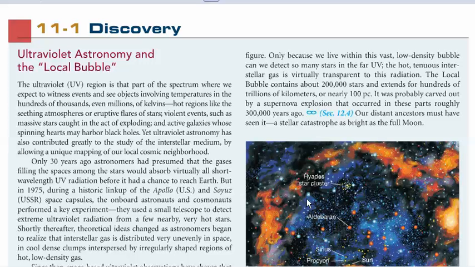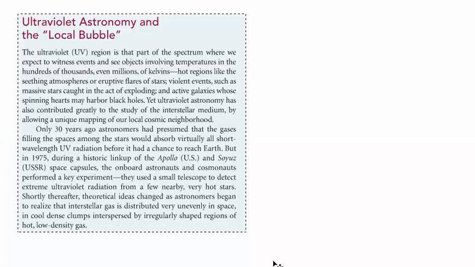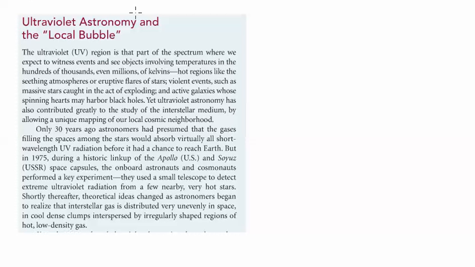So what's got me intrigued right now is the difference between a description of the local bubble in A Beginner's Guide to the Universe and the description of the local bubble in Wikipedia. Now, why is it that they think the ultraviolet bubble is there? It's because gases and dust